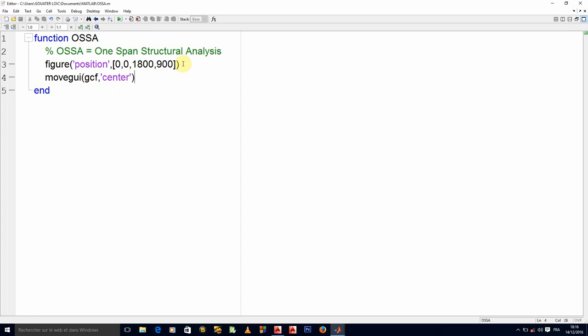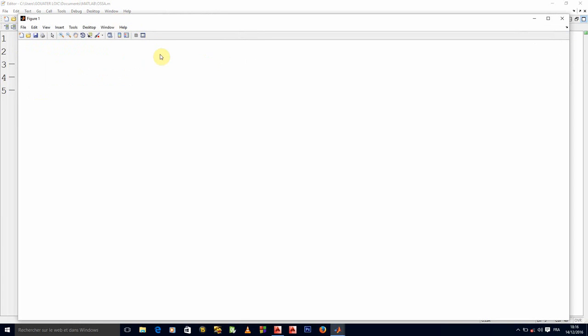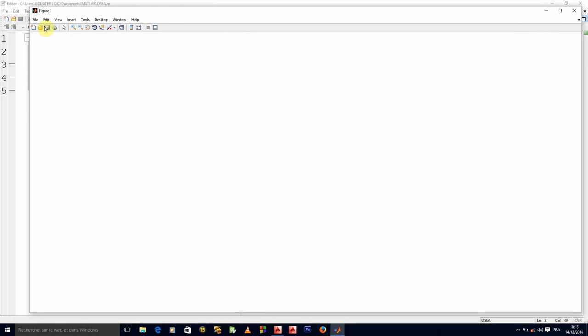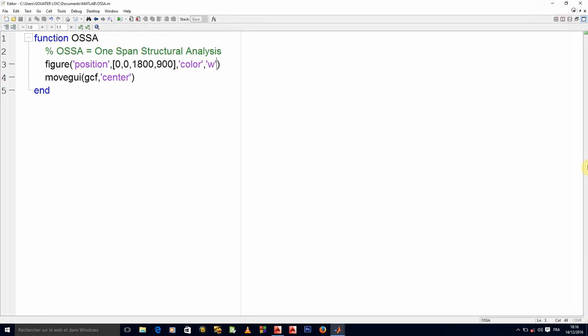We can continue peacefully. So I would like the color of my figure to be white. Okay, that's that. Now, what do we have here? I'll have to eliminate this particular menu. Okay, this file, edit and all the like, I have my own menu as we have seen. And this figure 1, 2, I'll have to change it, right?